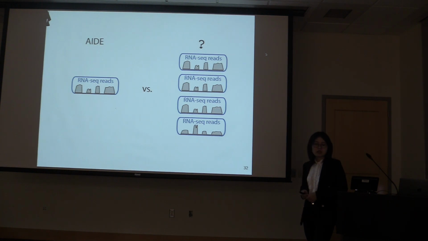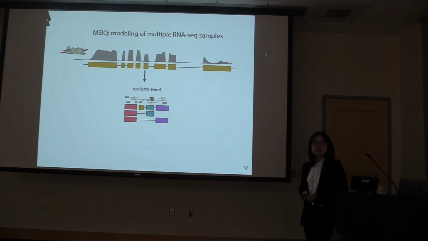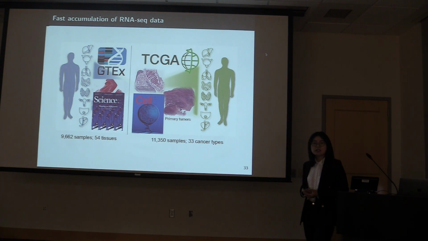With the isoform structures predicted by computational methods such as aid, or with the isoform structures extracted from the existing annotation sets, a follow-up question is, can we improve the estimation of isoform expression levels if we have multiple RNA-seq samples coming from the same tissue or cell type? The second method I want to introduce is developed to answer this question. This method is called MIS-IQ, and it is developed to jointly model multiple RNA-seq samples coming from the same biological condition. We were motivated by the fact that the RNA-seq datasets are accumulated at a very fast rate in public